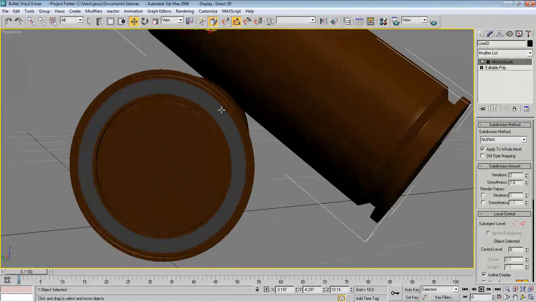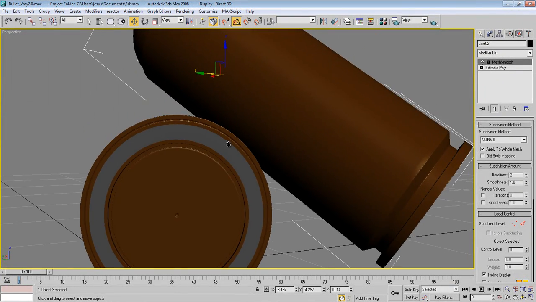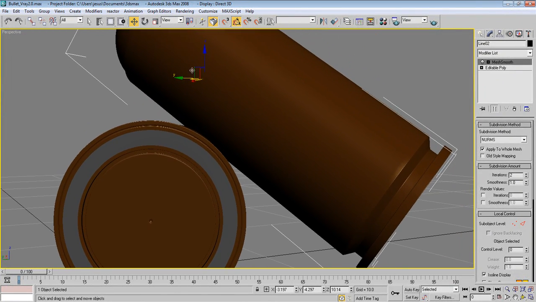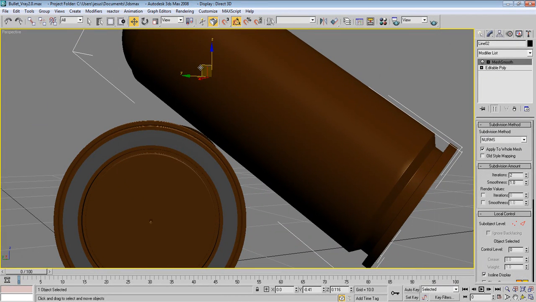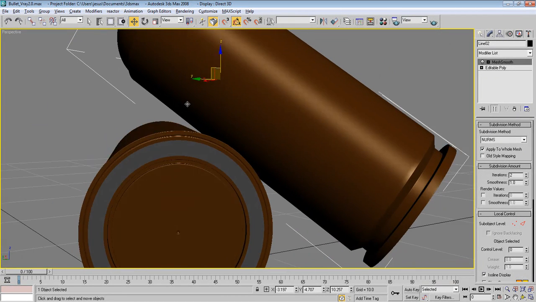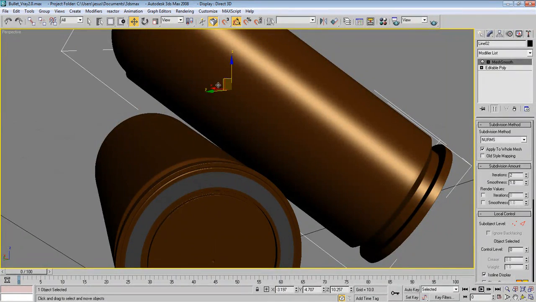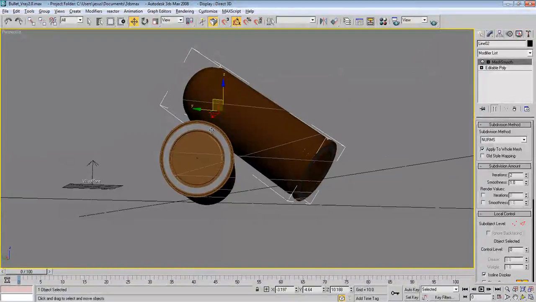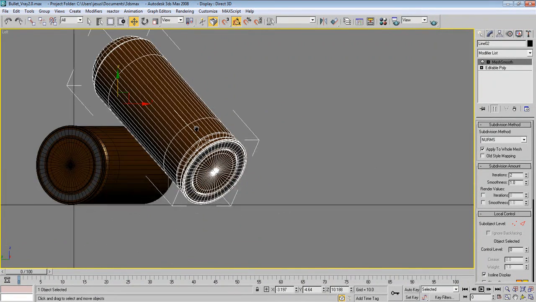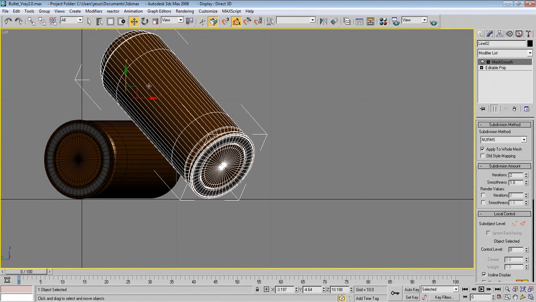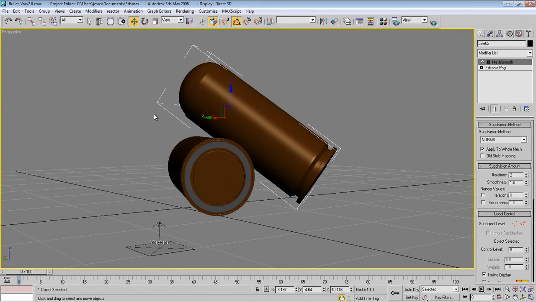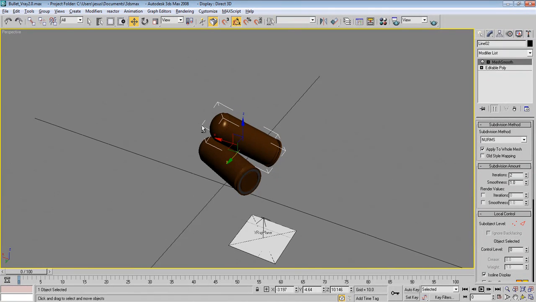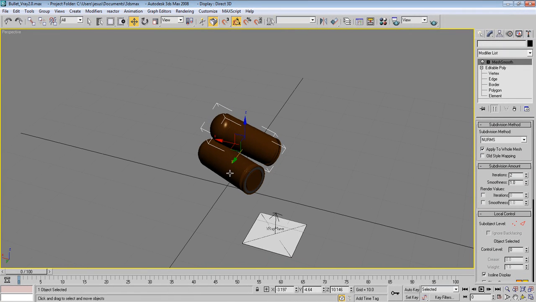Just make sure they are just touching each other from here. Okay, and again from the left view, make sure this is exactly on the ground. Okay, looks cool. Now we can just take this one